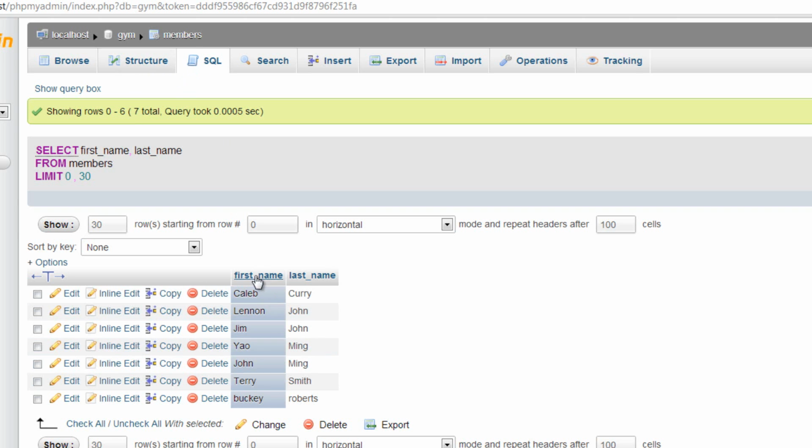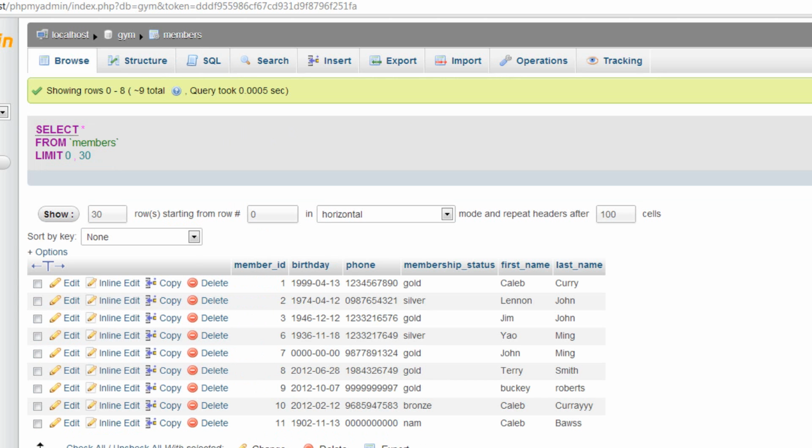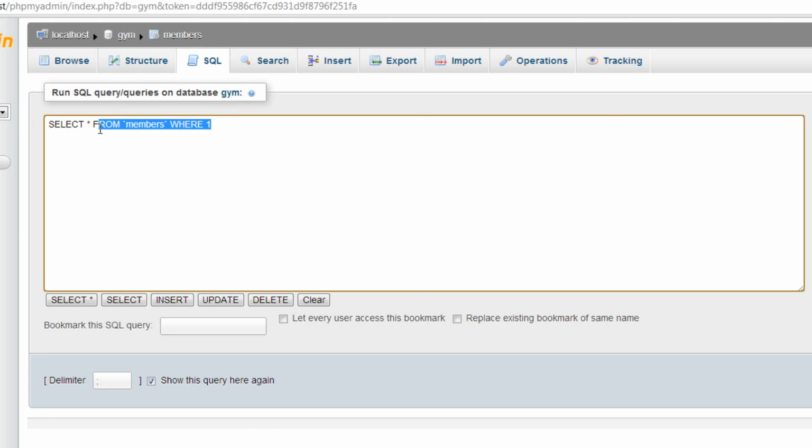So I want to show you something. First thing I'm going to do is create some more rows. Alright, as you can see, I added 2 new rows, Caleb Curray and Caleb Bols, because I couldn't think of anything really good. So if we go to the SQL, I'll show you something cool. Select everything from members. The where clause will eliminate what we get. So where first name is equal to Caleb, and you'll see we should get